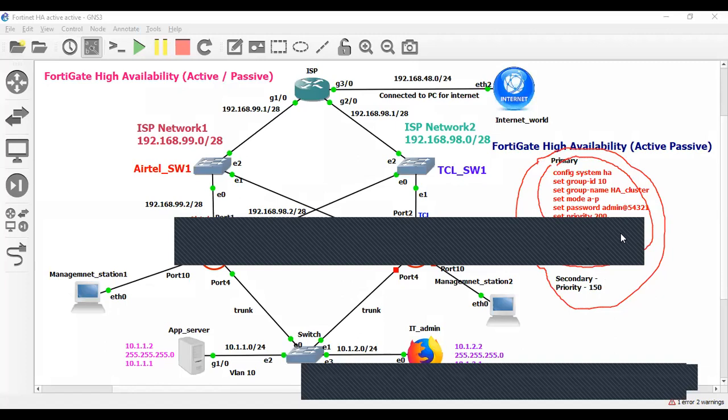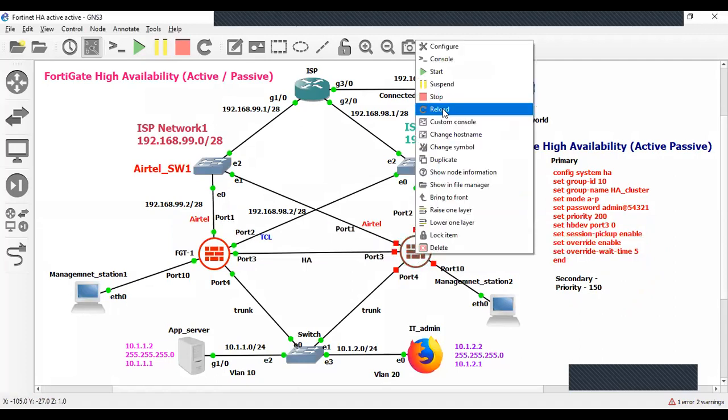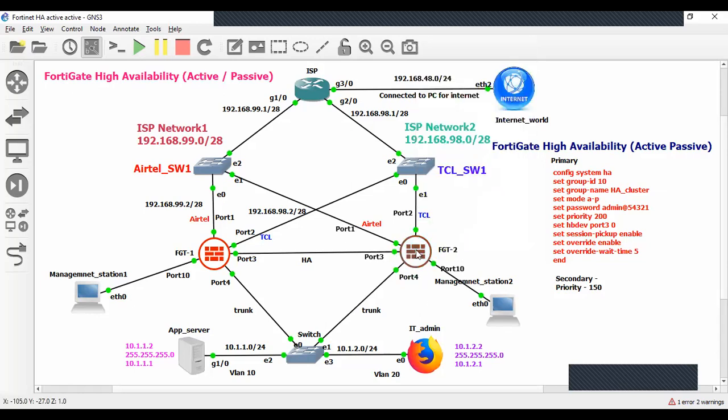So let me first start the secondary firewall. It will take time because I don't have much RAM, and my laptop configuration is not enough. Let me start this firewall also.